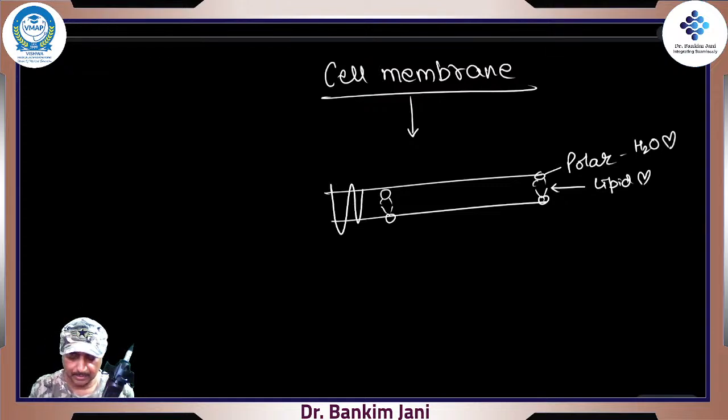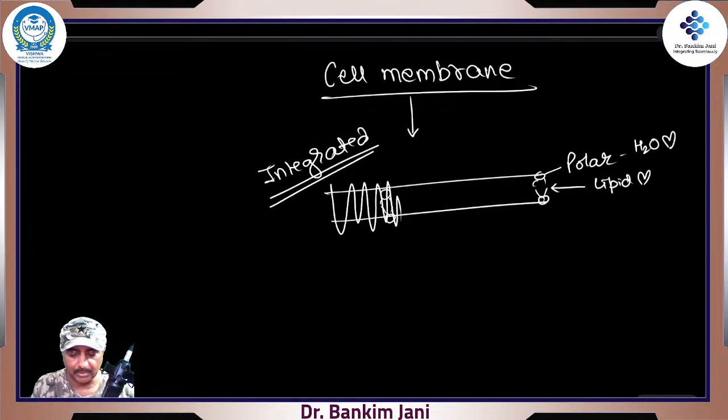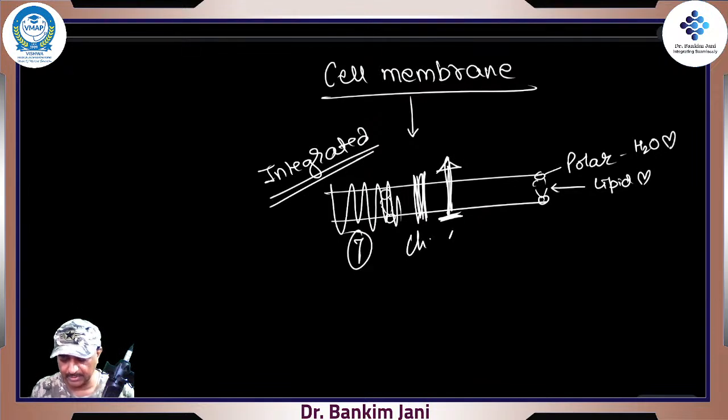There are some receptors which are passing through multiple times, and we call them integrated. Integrated means we just can't separate them. So these are integrated, or there could be some channels, or there could be some receptors which are just going through one time, right? So these are one-pass receptors which are related to enzymes. Basically, whether it is a 7-pass receptor, or some channel, or a 1-pass receptor, if we try to eliminate them,